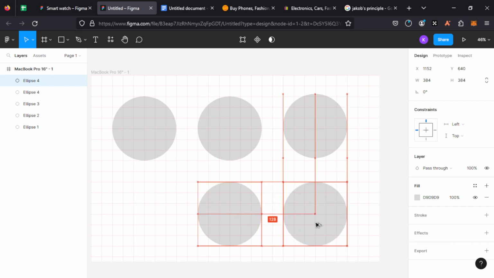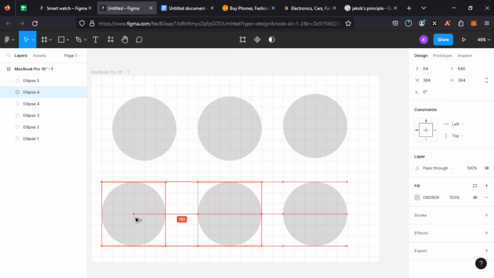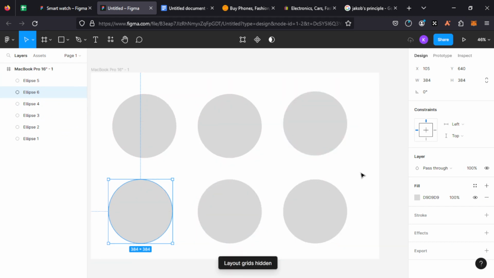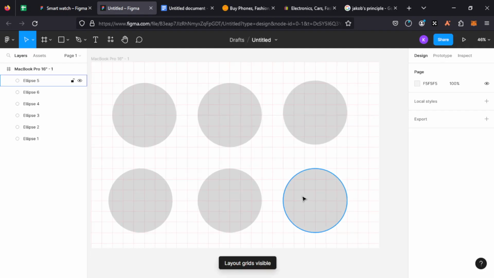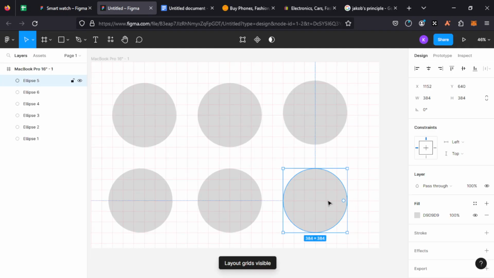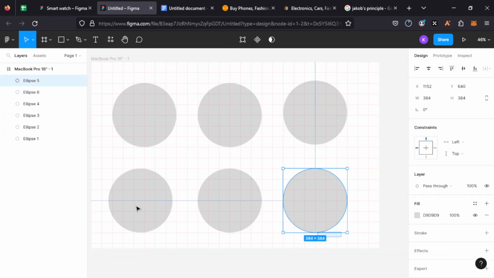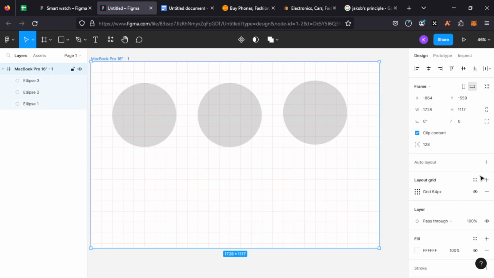So even though I take off these grids, hide the grids, you just see this and you see how well arranged they are. So that's how very important grids are. Let's delete this. If you come back to our frame,